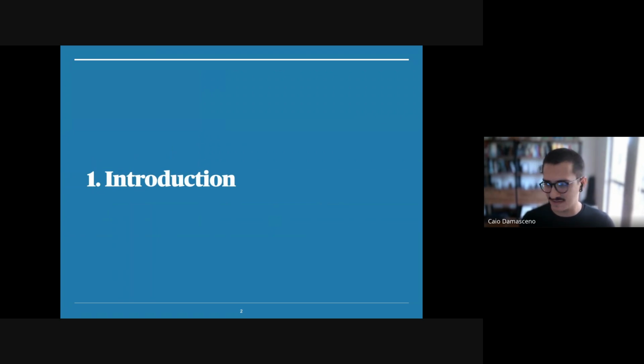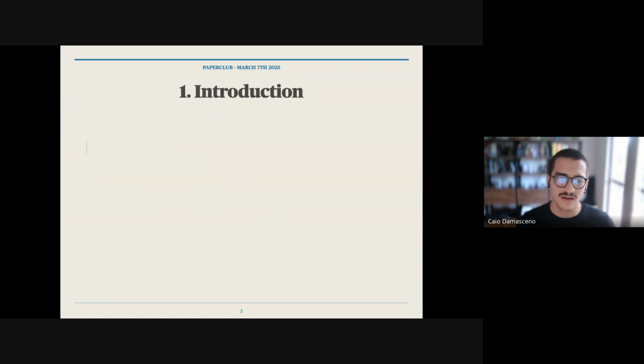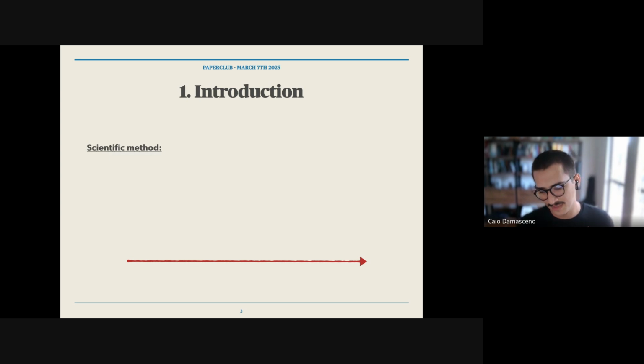To begin with, let's start with a brief introduction. I think it makes sense for us to think about the scientific method before starting to discuss the paper per se. If you remember, the scientific method is made up of several steps. And the first one would be observation.